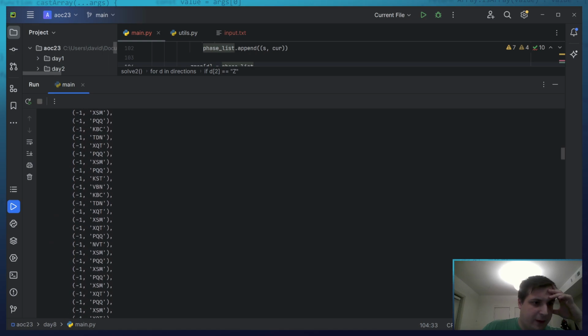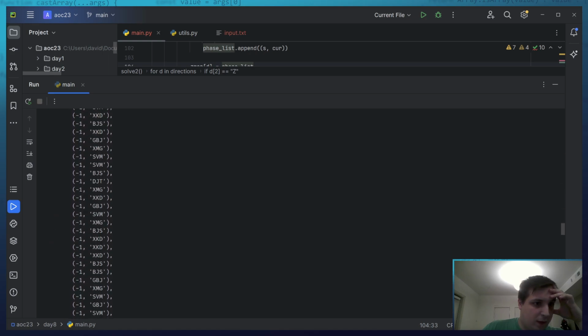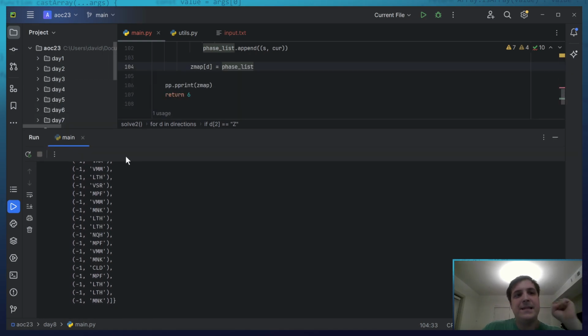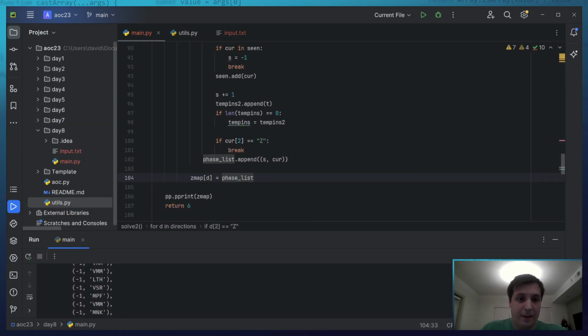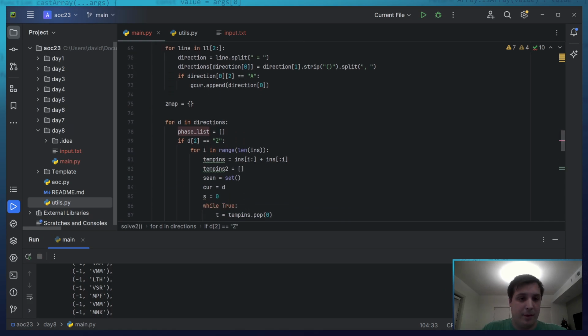Oh, simplifying this will be very sweet. I'm so happy that I started this path this way.